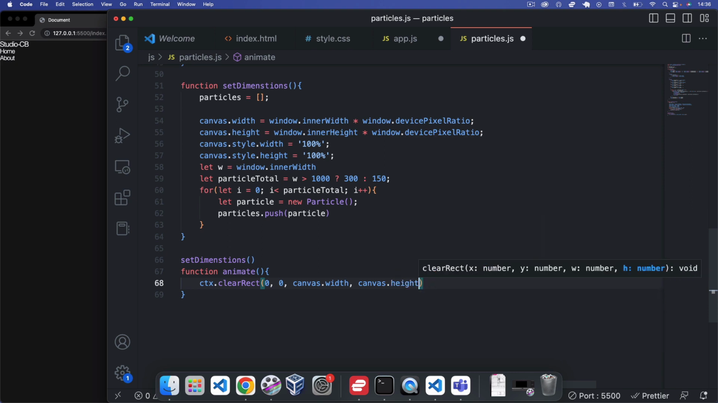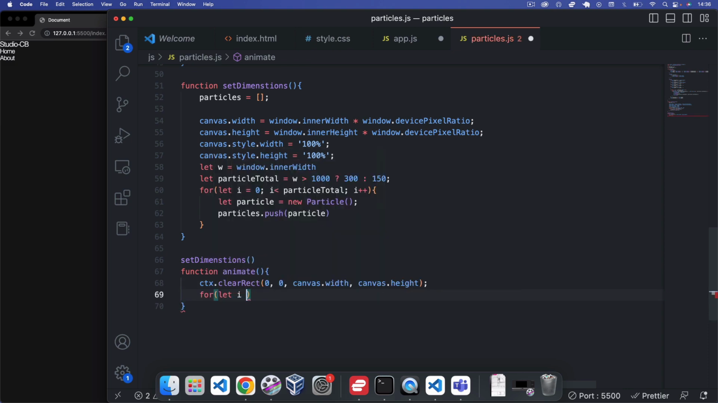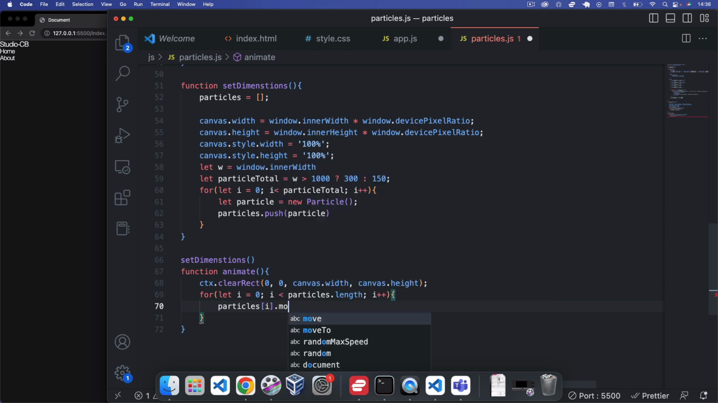Right, height, like so. Then now what we want to do here is we're just going to again loop through our particles array. So we'll say let i equal 0, whilst i is less than particles.length, say i++, and then here we're just going to say again particles[i].move,